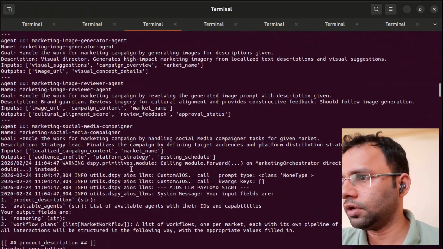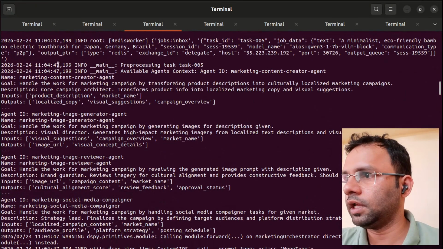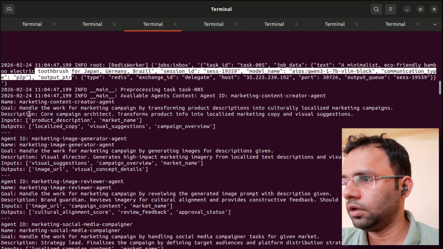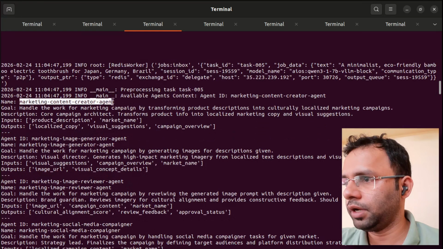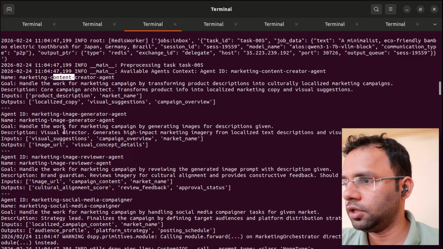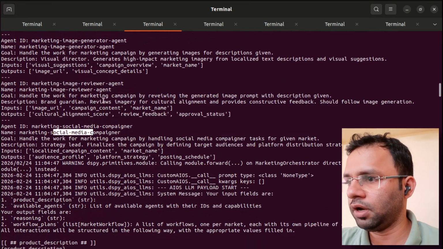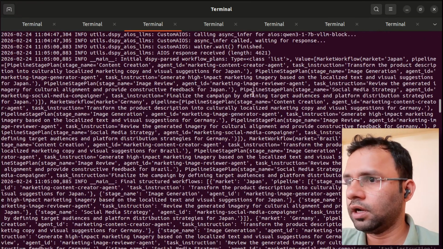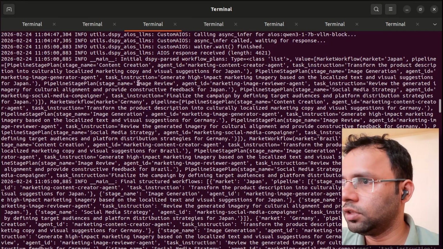Okay, so the orchestrator will take all the available agents. It tried to get all the available agents. We have the marketing content creator, marketing image generator agent, reviewer agent, and social media agent. So it has 4 agents in the marketing category, and then given the input, which is eco-friendly, it will try to generate the stages for each market. So for Japan,